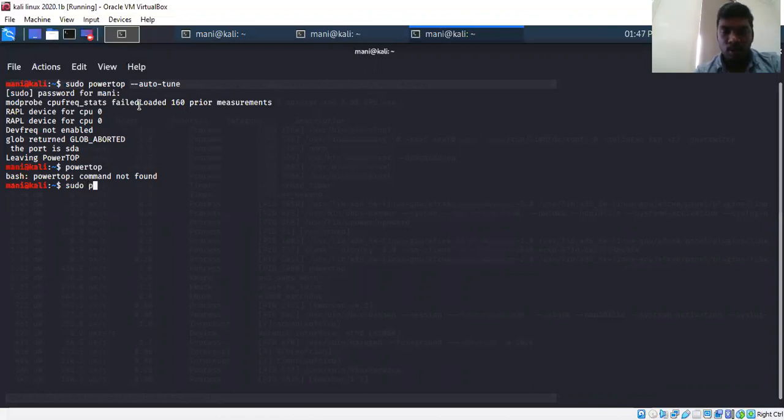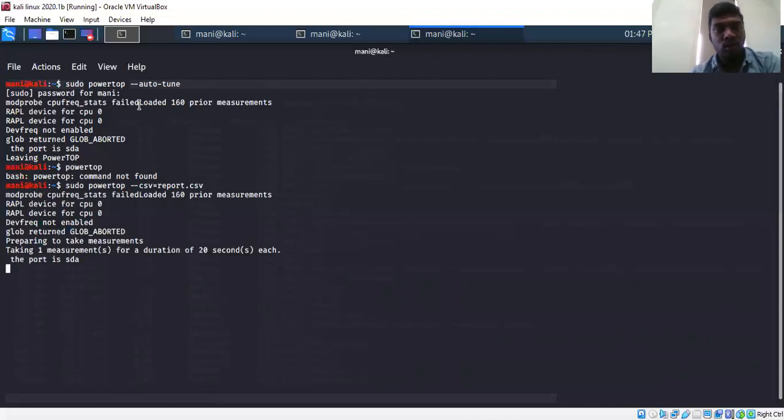Enter a command with the CSV option. We are supposed to wait almost 20 seconds. So all the processes are stored into a file. Then after waiting 20 seconds,